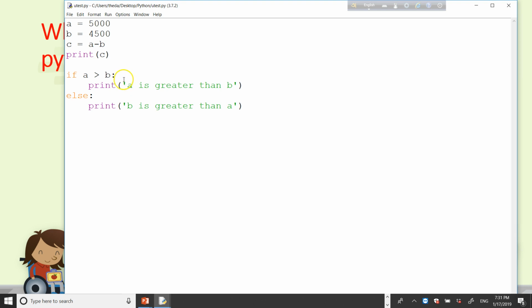Now A is greater than B. What I said earlier, if I make B 45,000, say for example, now which one is greater? B is greater, right? And A is 5,000 only, so 40,000 more with B. So if I run this now, you see, when it is just